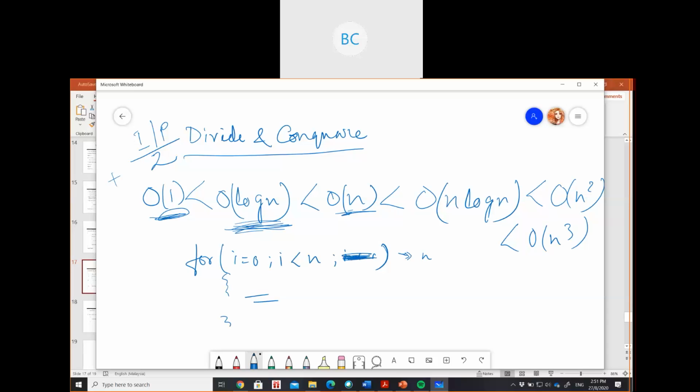So in the for loop, you have only these two statements. One is you are just initializing the value, then you are comparing. Somewhere in the middle inside this for loop, you are going to increment the value as i into 2. You are going to increase it 2 times. So that means you are just taking steps of multiplying by 2, or you can say you are just simply dividing the input into 2 parts. I'm just giving an example. It's not like it will always be like this.